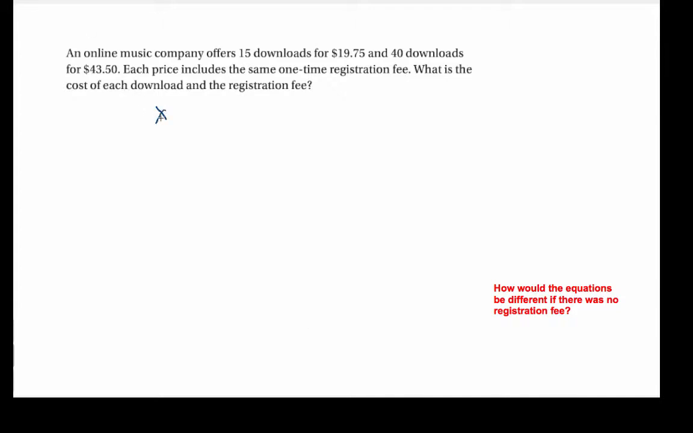So if we want to use x and y, we can. So our two variables, what is the cost of each download and the registration fee? So those are our variables. Okay, so let's let x equal the cost of a download, and let's let y equal the registration fee. So after we define our variables, we need to write two equations,